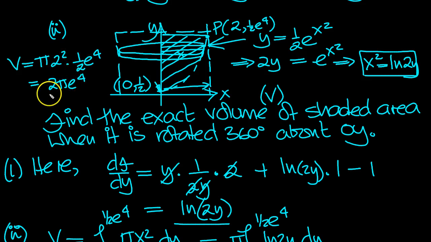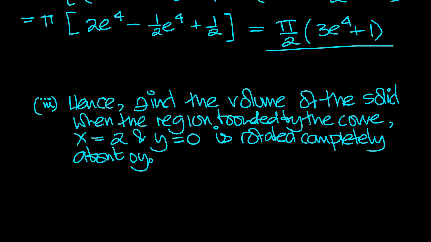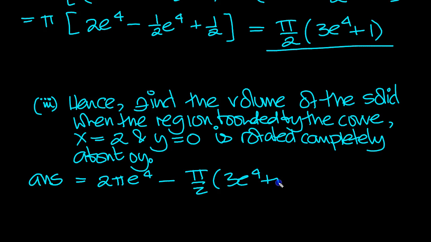That looks like it. So here for part 3 then, the answer is 2 pi e to the 4 minus pi over 2, 3 e to the 4 plus 1, which equals,